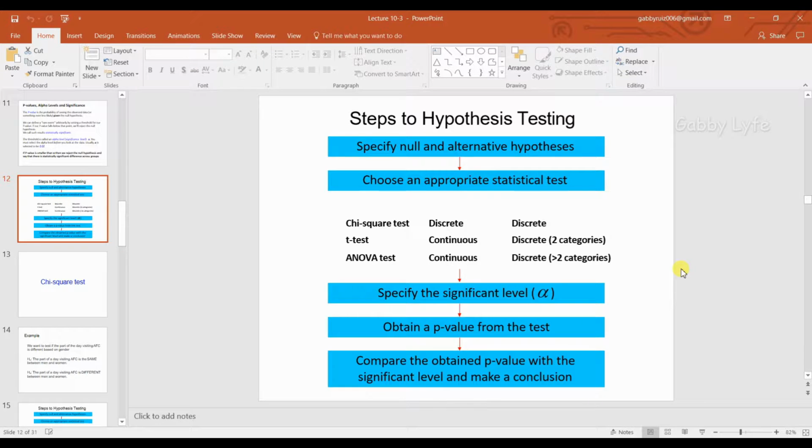So today I'm going to show you how to do a Chi-square test, a t-test, and an ANOVA test in Excel, and I'll be using the example that I learned in class today. Should be pretty straightforward once you see how I do it. The first test that I'll be doing is a Chi-square test, and